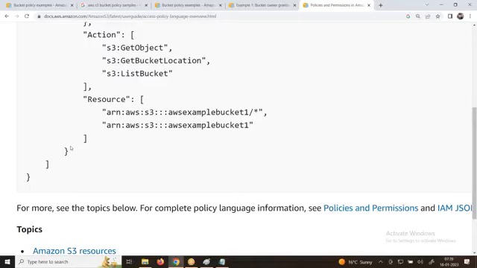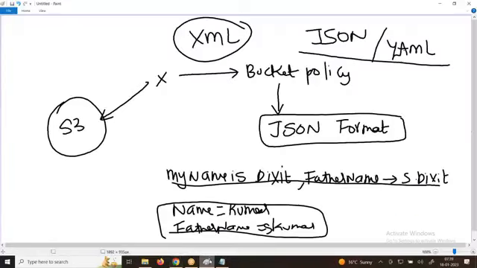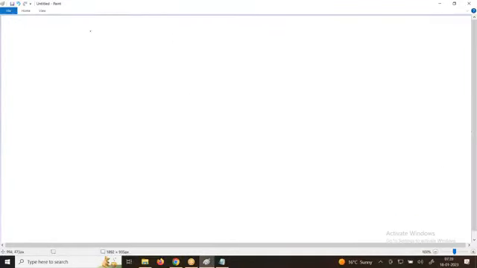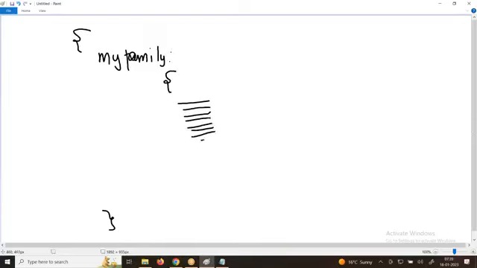Okay, in one JSON file, we can mention multiple formats. You mean multiple curly brackets, for multiple statements. Yes, sir. Let me give you an example. I want to create a JSON, and JSON will start like this. Now I want to write the information about my family. My family means not one, multiple, a lot of things are there. So I can start like this, provide all the properties of my family, then close it off. And then I can come up and say, okay, your family details.